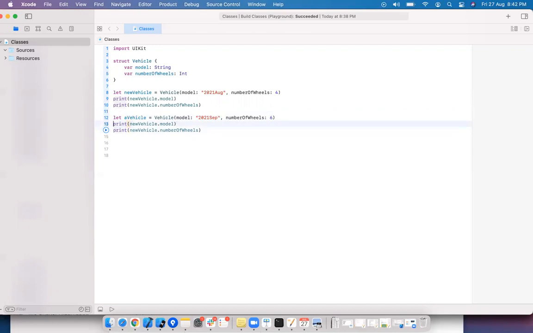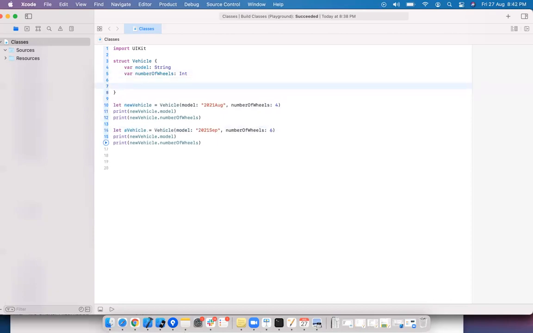Whenever you have an initializer, you can pass custom values. Here I'm passing my required information, and here too. So these two vehicles are different now. Whenever you have default values, even if you create any number of vehicles, the properties are going to be the same. One thing to remember is structures by default contain the default initializers.